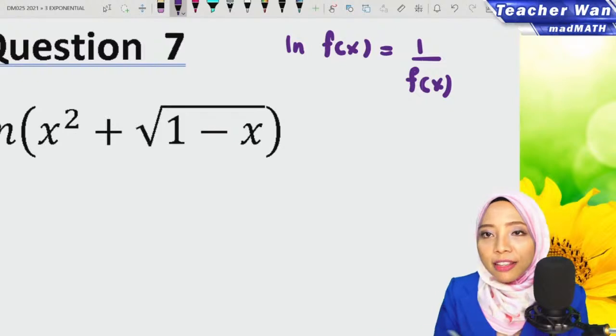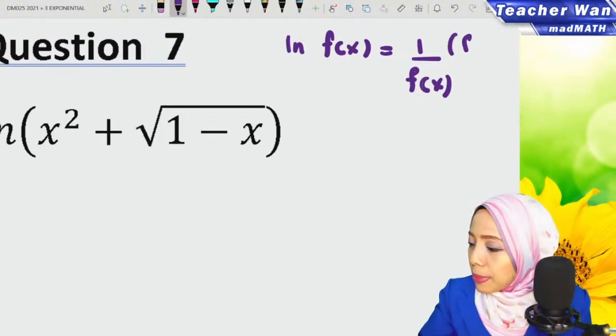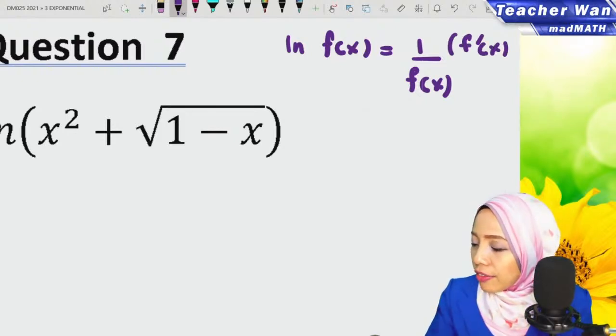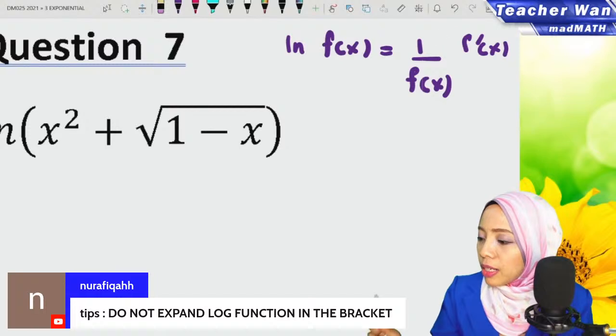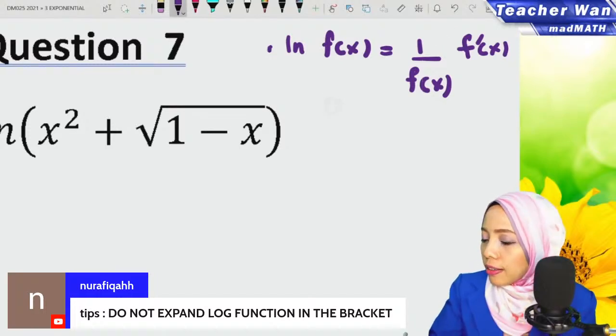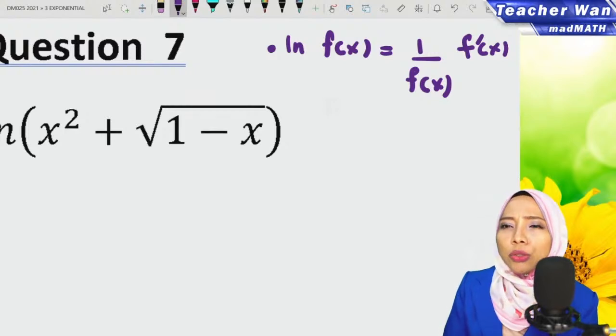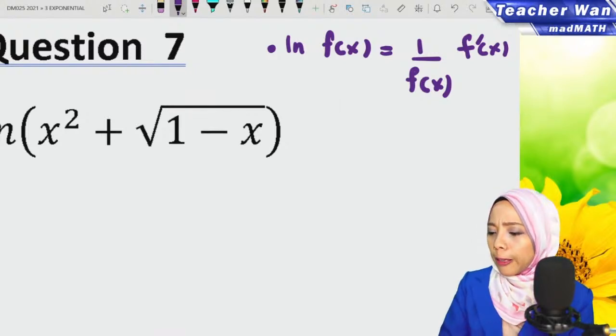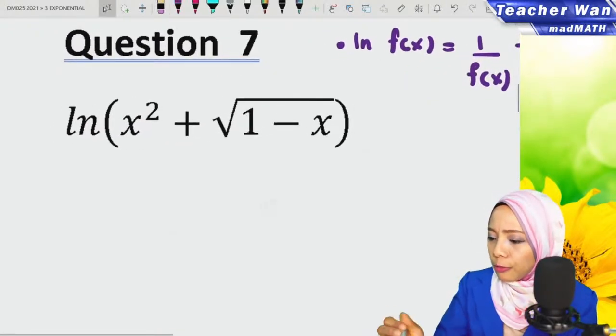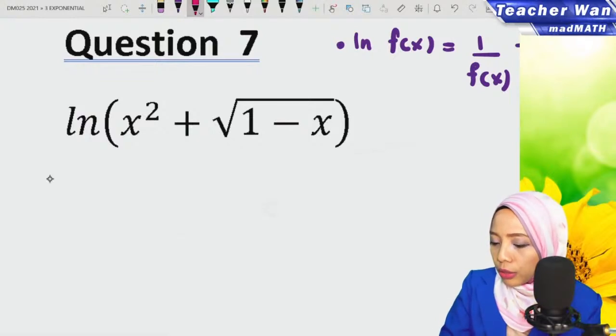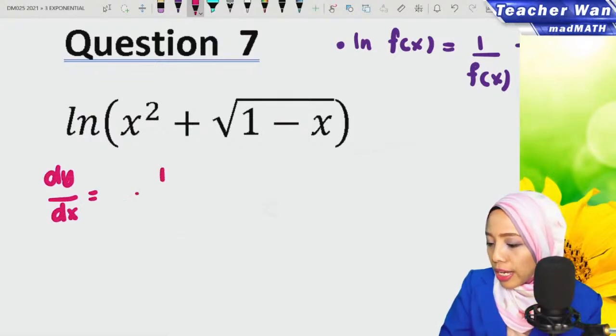You copy the function first and then multiply with the derivative of f(x), which Madam has written many times. Thank you, Nurafika. Do not expand log function in the bracket. Very good. So now we are going to find dy over dx equals 1 over x square plus